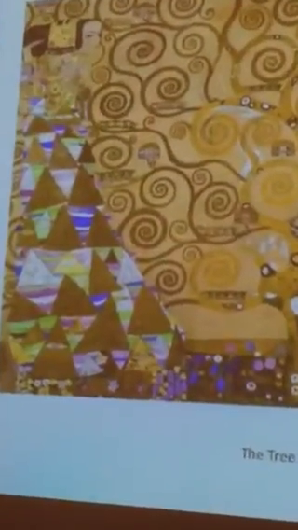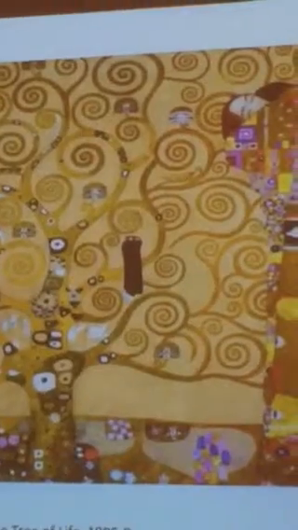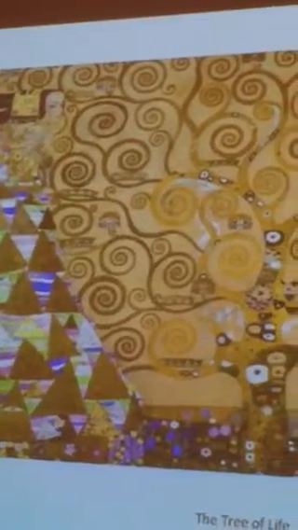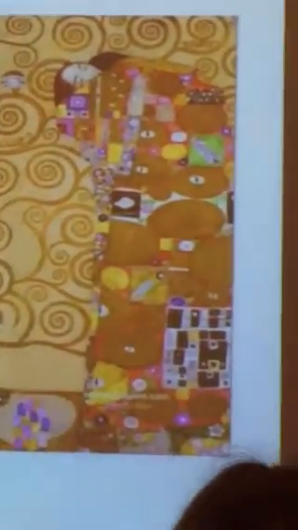It is a frieze made for the Stoclet house, consisting of 3 parts: Portrait of Judith to the right, and the Tree of Life in the center. Expectation was considered a precursor, and Fulfillment was considered a precursor of The Kiss. Here we can see at a glance the symbols of which I have spoken. Both have spirals, and this aesthetic of his symbolic period